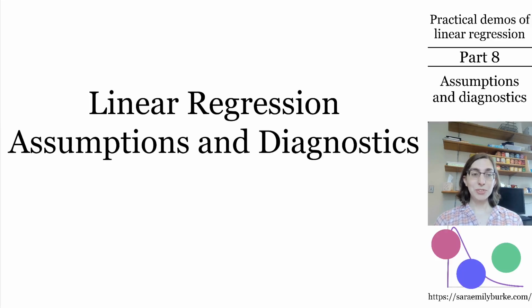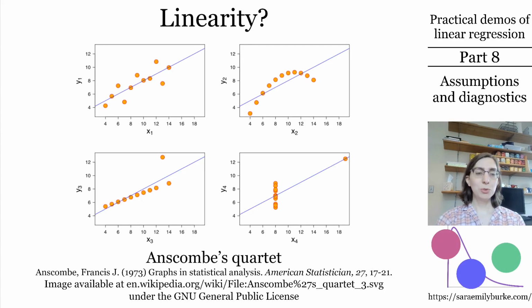In this next video, I'm going to talk about the assumptions that linear regression models make and some diagnostic tools for identifying violations of those assumptions, as well as other potential problems with regression models that don't directly have to do with the assumptions, but you still should be aware of. Here, I'm showing Anscombe's quartet again. You should recognize this from last week's lesson, and it illustrates some ways that regression models don't provide evidence for